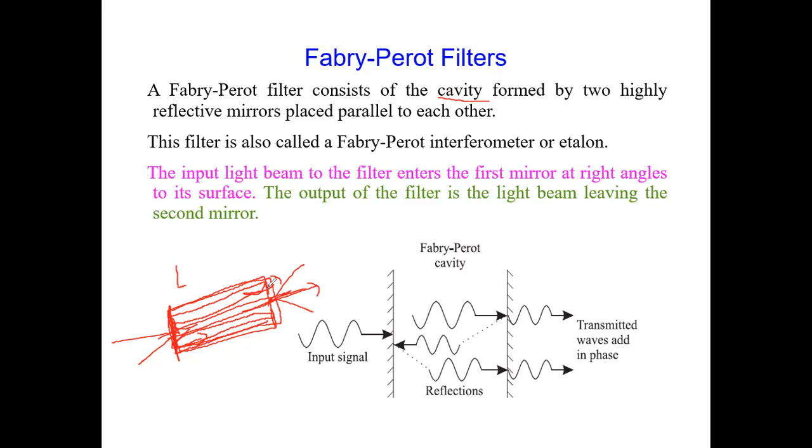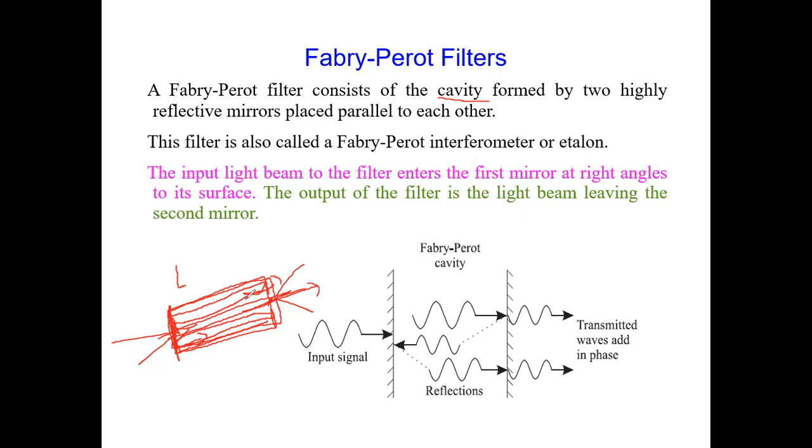So here the signal strikes the mirror, it is fed back, it goes towards this side, again it is fed back over here. So it is something like a positive feedback, and you know positive feedback causes oscillation, and at one point of time there is resonance that happens. During resonance we get the maximum output. Right now it is not a laser, it is a filter. So let us understand in terms of a filter, but I just wanted to explain there is a cavity